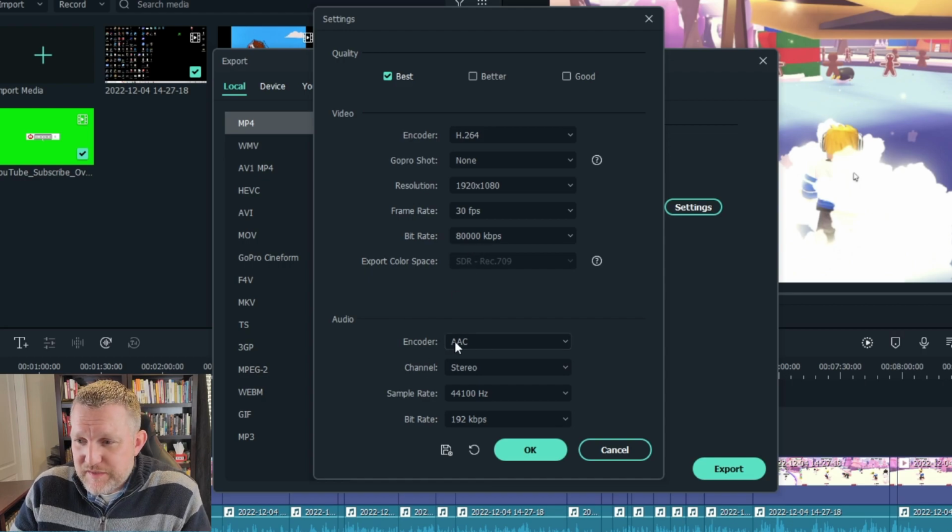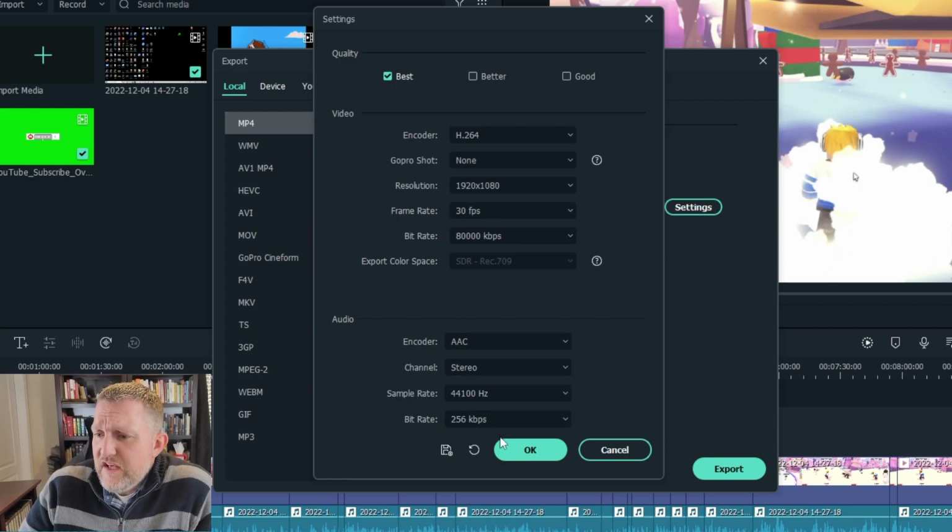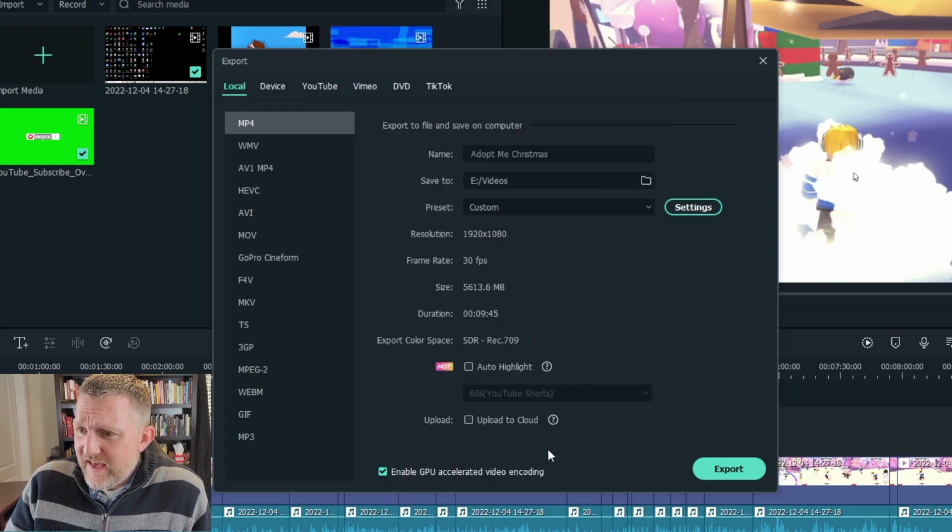The encoder typically stays the same, stereo stays the same, the sample rate stays the same, and then on bitrate, I can leave it at 192. I usually just use 256 because that's what I like to use. Kind of personal preference on that. So then I am going to hit OK, and then you'll see those settings are all saved right here, and